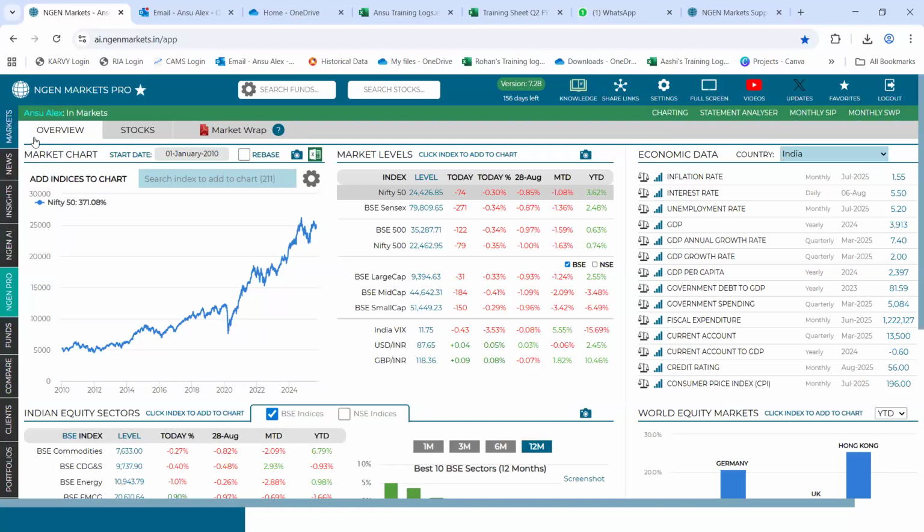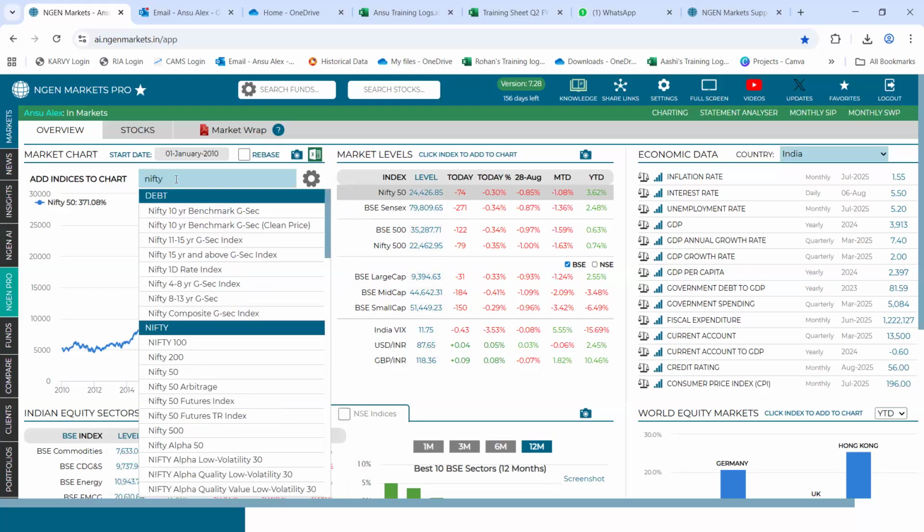Right here in the markets tab, we come across this overview tab wherein you get to see this option called market charts. Now in this section, you have the option to add multiple benchmarks. The option is simply typing in the name of that respective index. We have a list of 211 odd benchmarks available. You could simply search for them. By default, Nifty 50 is something that gets loaded onto this line graph. You can anytime search for that benchmark by simply doing a keyword search right here.